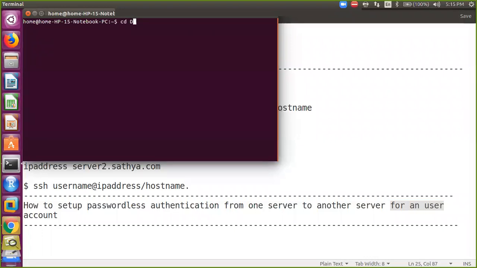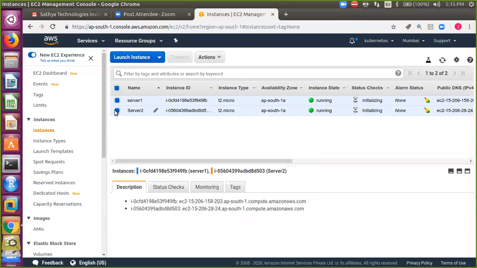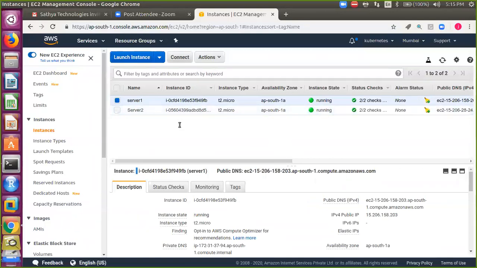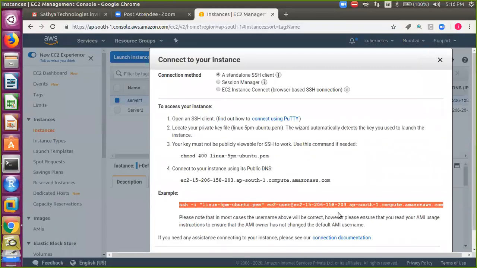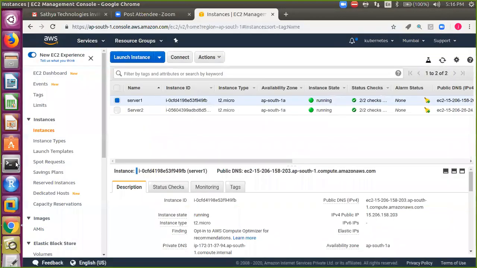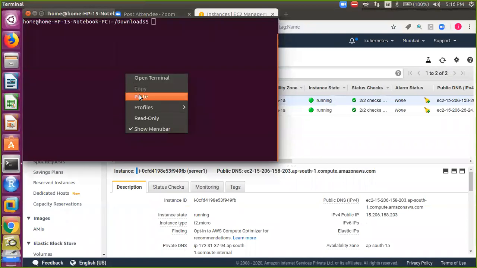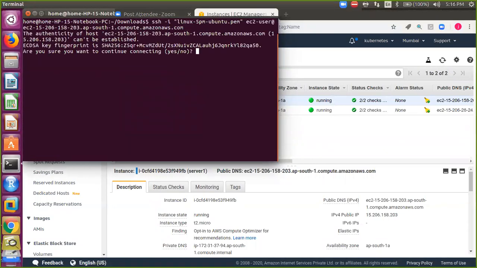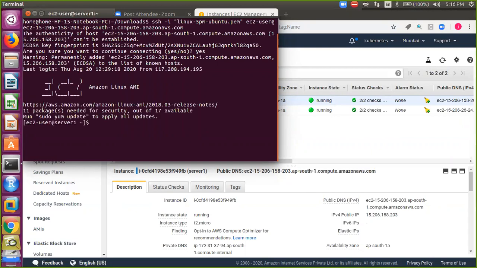So let me first log into my server 1. Right, sir.